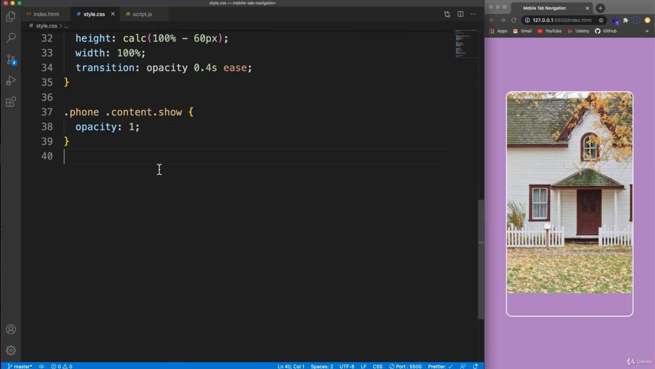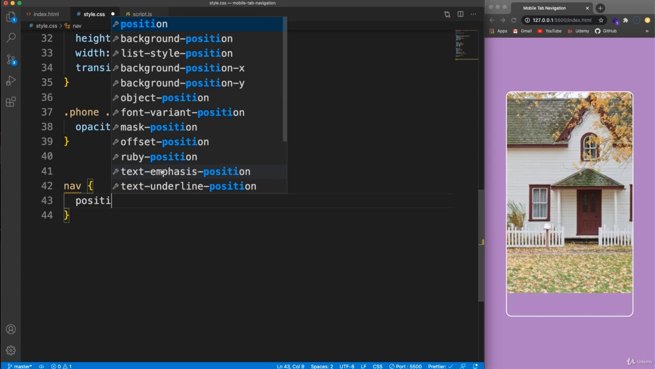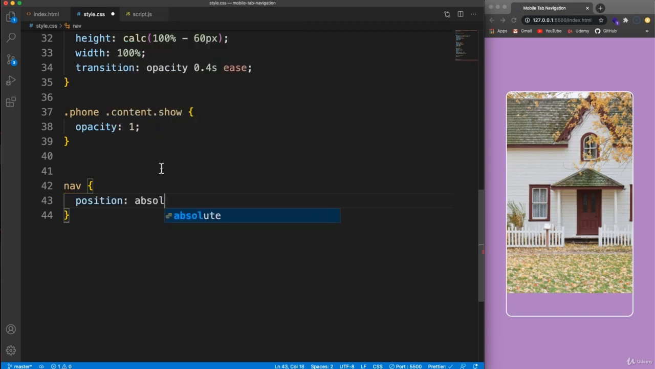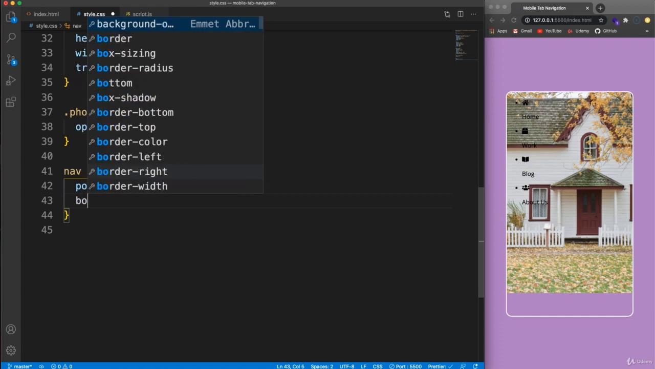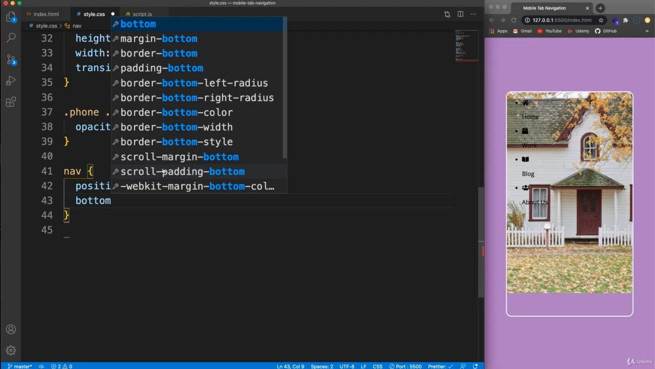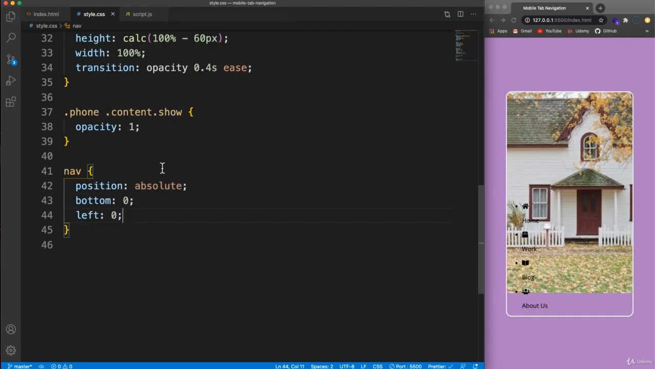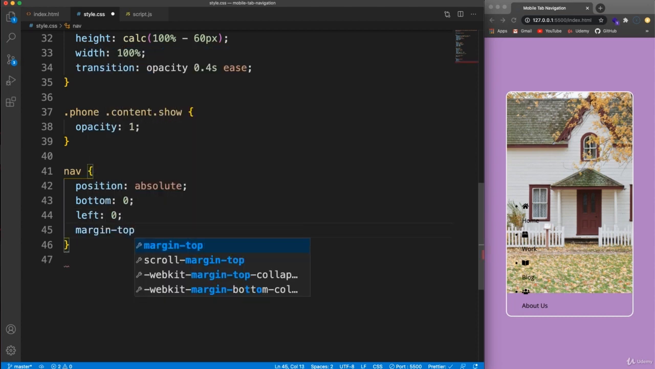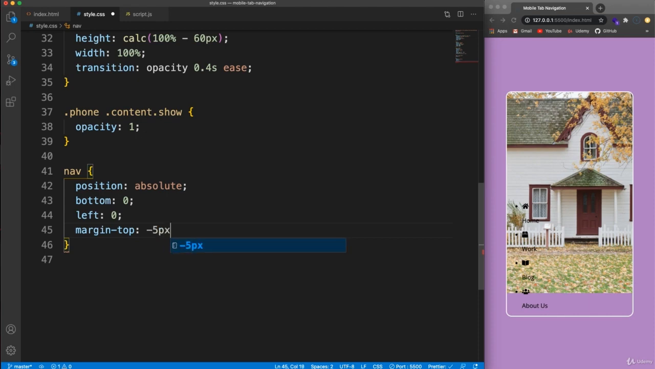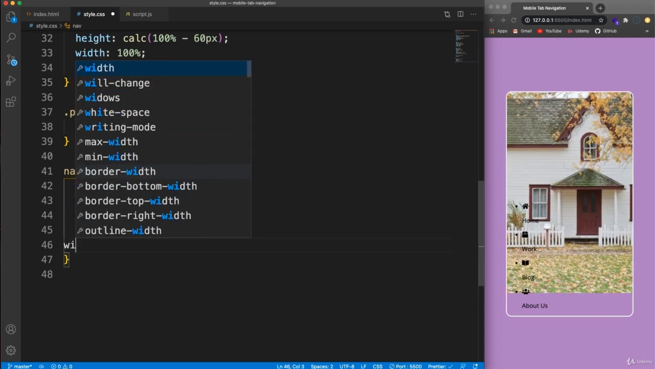Now let's style the navigation. So the nav, I want to position that to be absolute within the phone container. So you can see that we can see it now, but it doesn't look very good. Let's put it to the bottom. So we'll say from the bottom 0 and from the left 0, which is going to move it down there. And then let's set a margin top of -5 pixels, which is going to just bring it up a little bit. And let's set the width